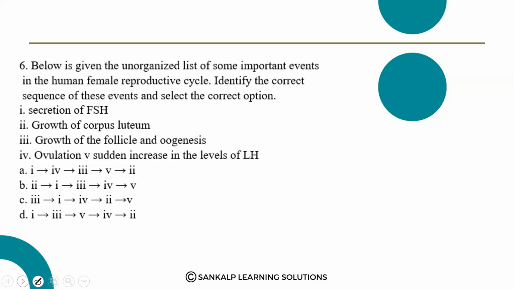First step is secretion of FSH. Second one, growth of corpus luteum. Third one, growth of follicle and oogenesis. Fourth one, ovulation. And a very sudden increase in the level of LH. What is your response? So the quick answer is given by Komala as option D, Priyanka as option D,